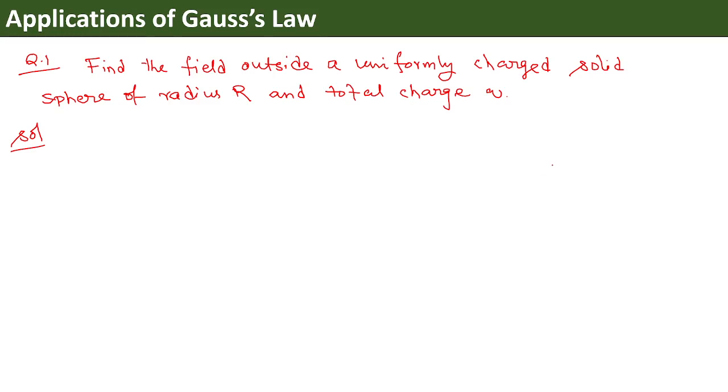So how exactly can this be solved? Very easy. You consider a small spherical surface here which has a radius capital R, and let this enclose a charge capital Q. Now what is your next task? It has been said that this contains uniform charge plus Q. So basically charge plus Q is within this volume. So I should not actually draw these charges outside. But let us consider a new surface which is symmetric about the old surface. That means if the old surface has the symmetry of a sphere, the new surface should also have the symmetry of a sphere. Now this is known as the Gaussian surface.